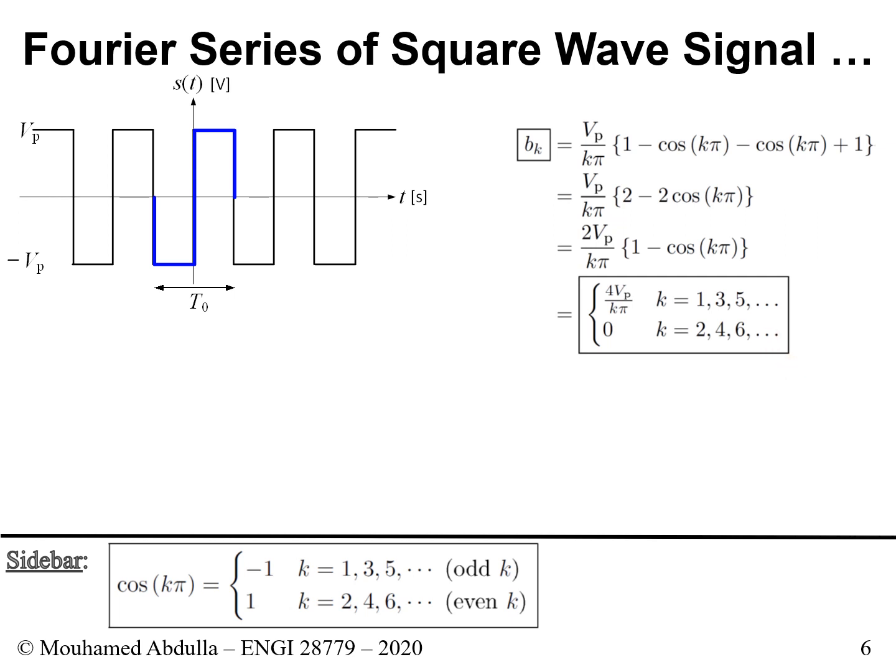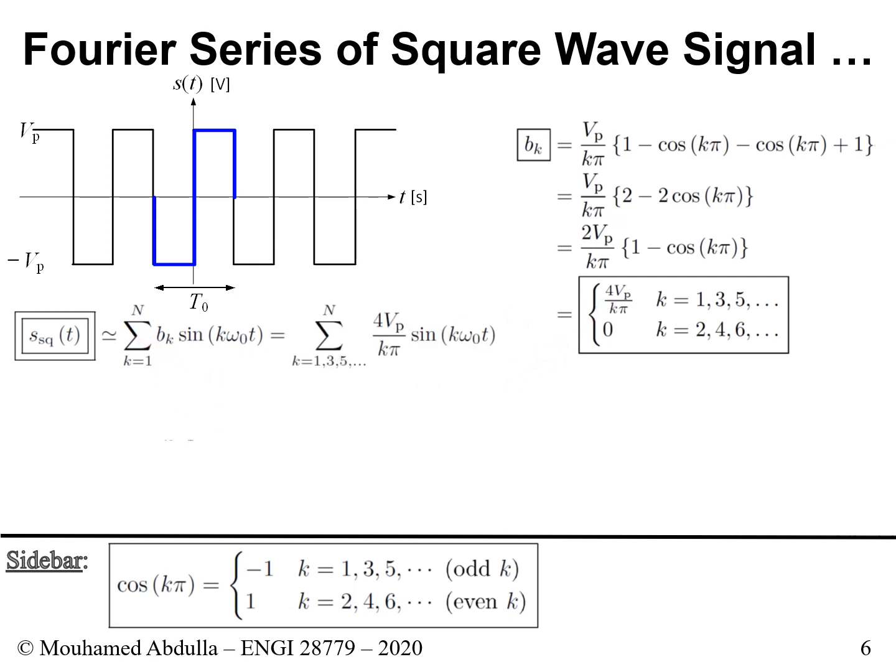So I'm going to write the Fourier series. This is what we saw it is. And again, we said that it is this, not with the DC component, and not with ak, because it is an odd signal, not an even signal. So it's simply this. And now the only thing you need to do is, instead of bk, you enter this in here. So essentially, instead of bk, I enter 4 V peak over k pi, and then the sinusoid here with the different